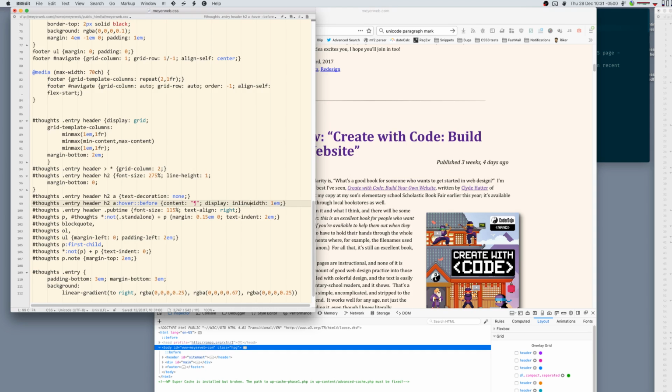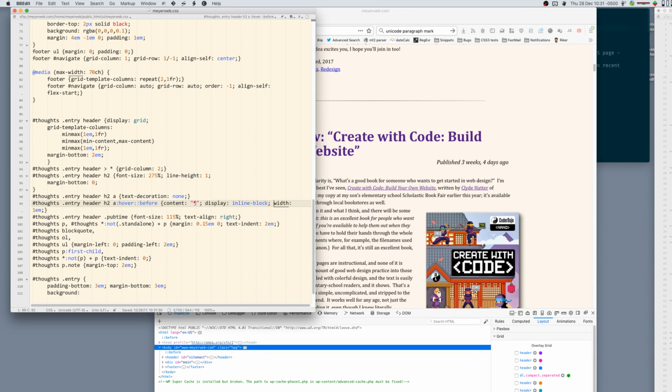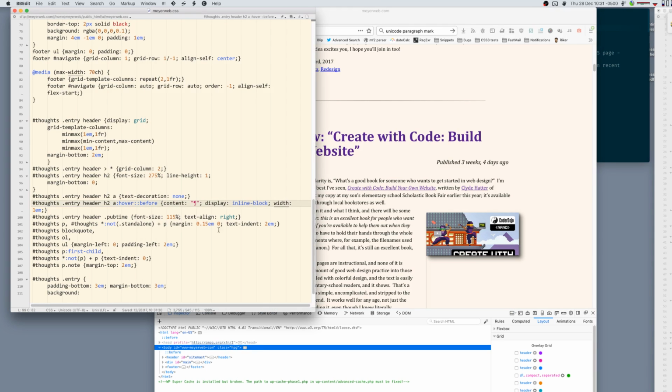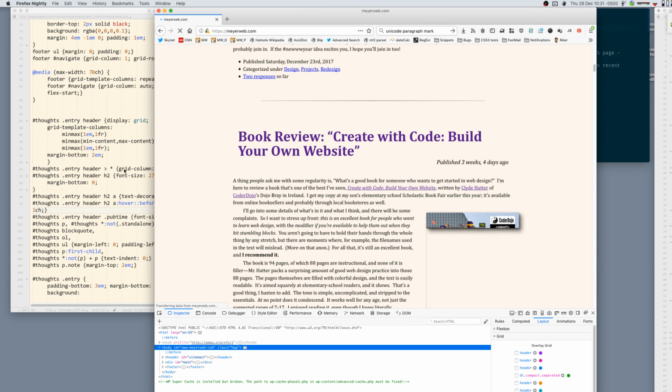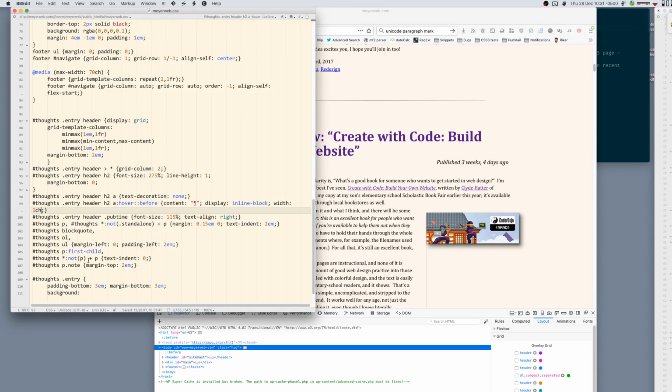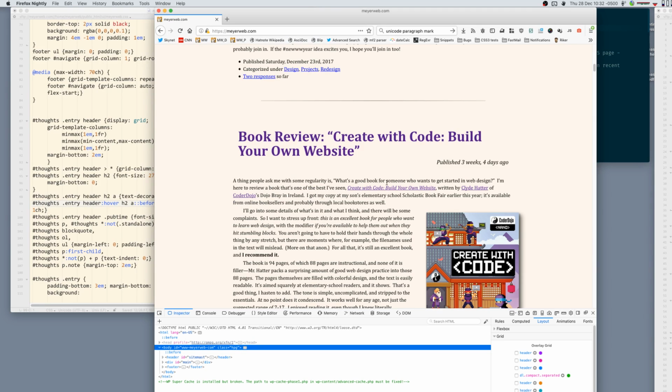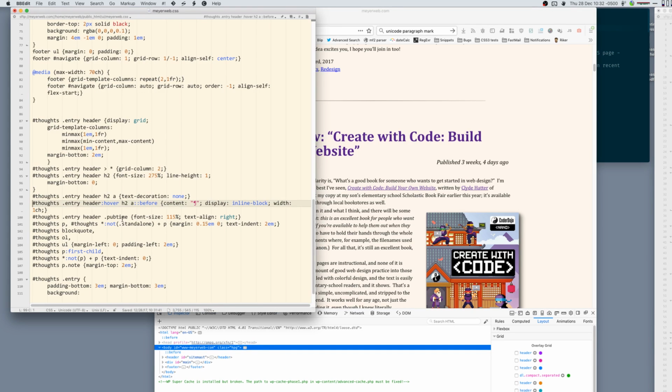Display inline-block, width 1em. Let's see if that's... Okay, so that's too much, but oh, I could try 1ch and see how the Pilcrow here compares. That's not too bad. Okay. And I'm actually going to make it... No, I'm going to make it header hover. So when you hover over this, it will pop that, but